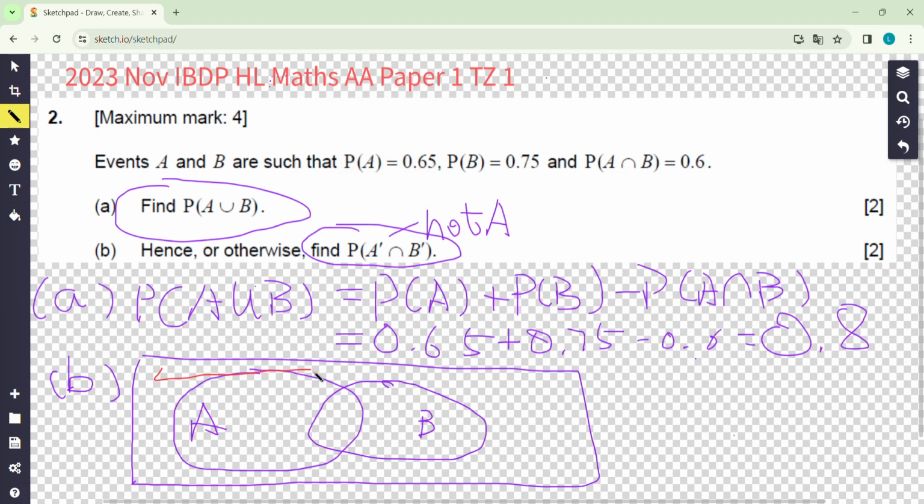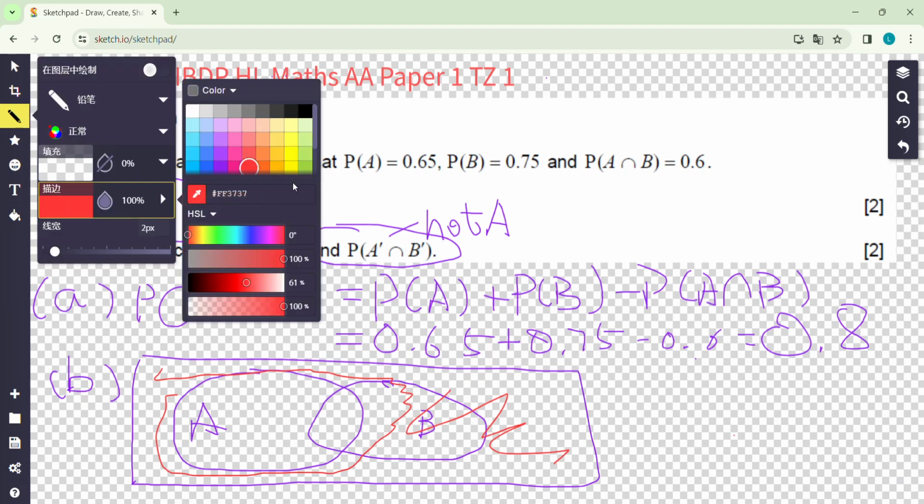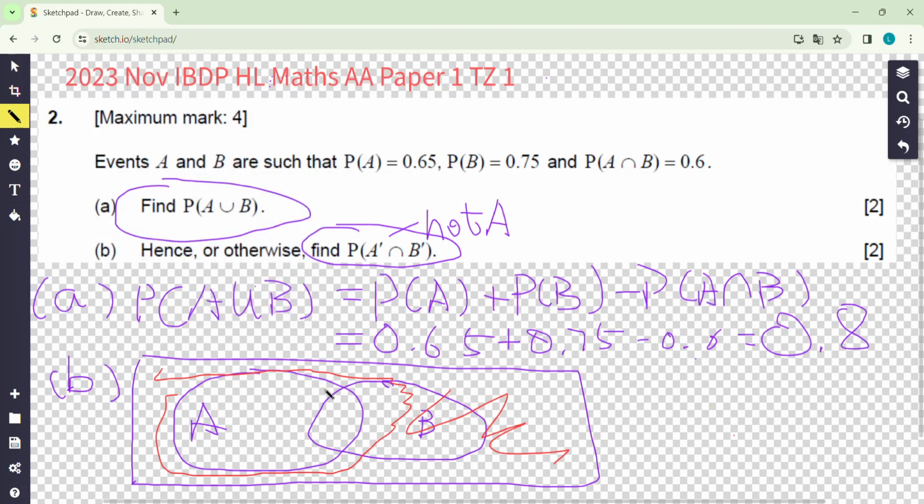You can see not A is here. All this way is not A. Then where is not B? Not B is on the base here. And what is the overlap place? Okay, you very clearly can say, oh, it's just 1 minus A in the unit, so the probability will be,